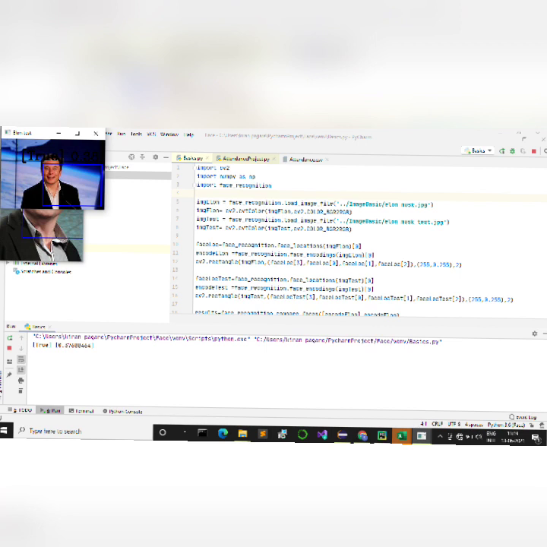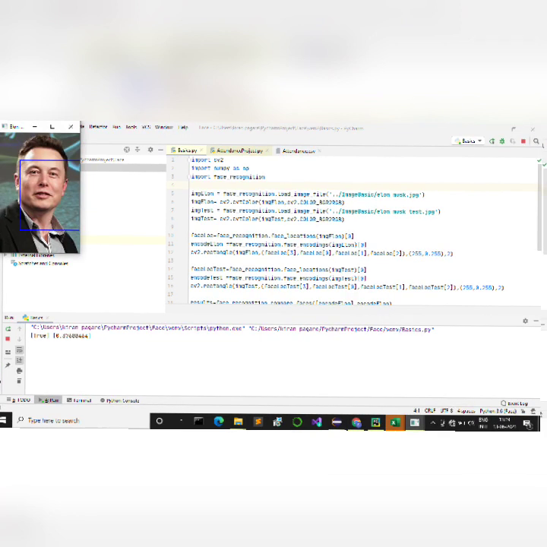And you can see this is a rectangle. So we are drawing a rectangle around the face. I will just minimize this over here, and you can see a rectangle is drawn around the Elon Musk face. That shows that the face of Elon Musk is recognized, and the Elon Musk face is checked with another Elon Musk image over here, which is this.